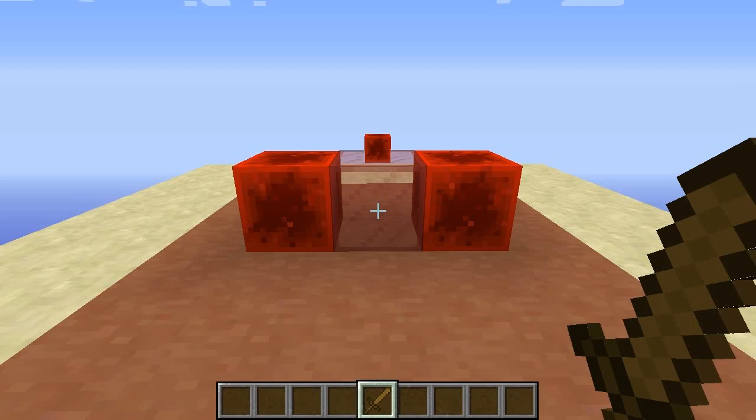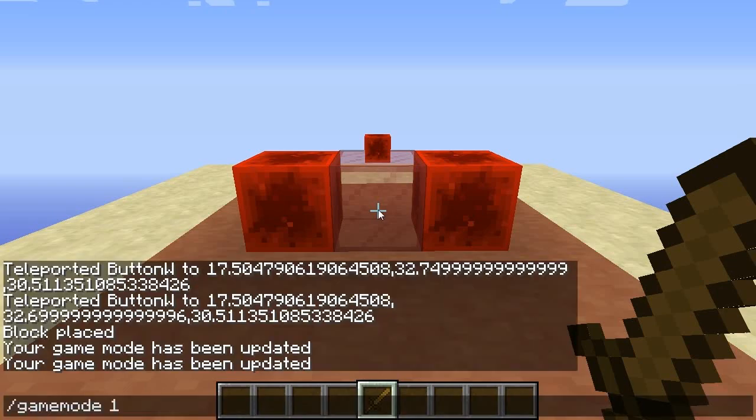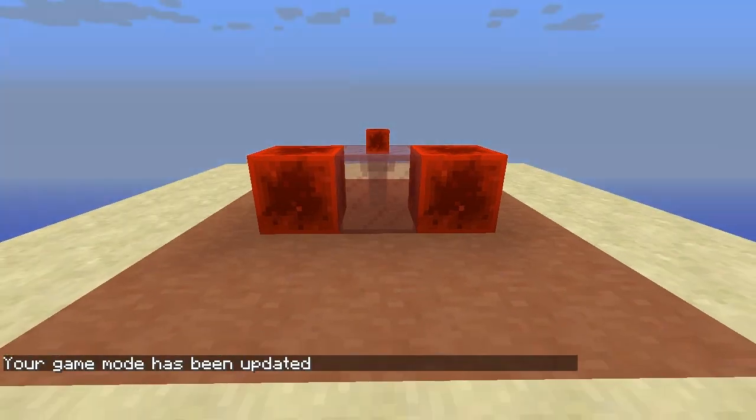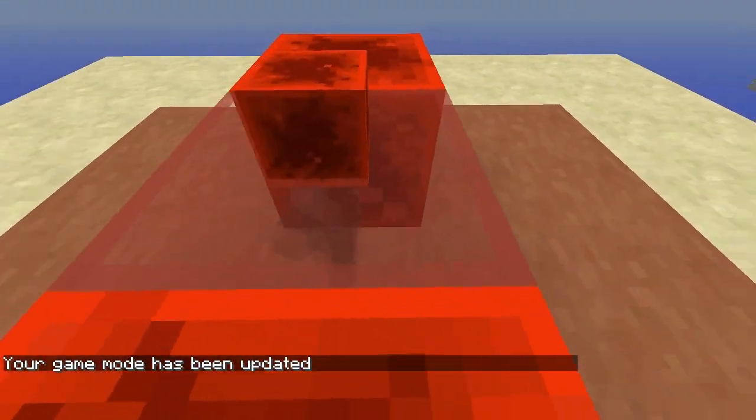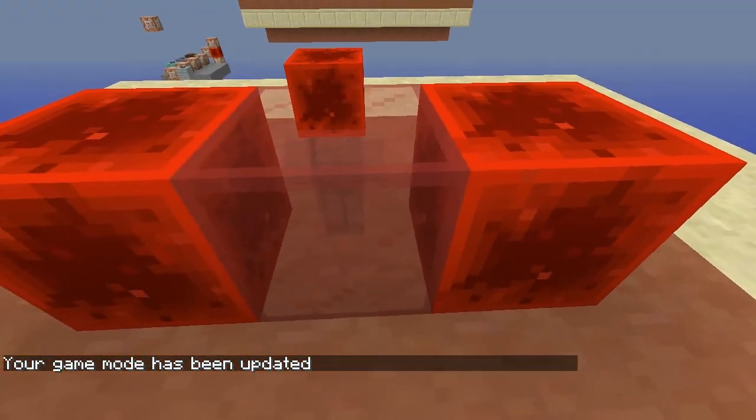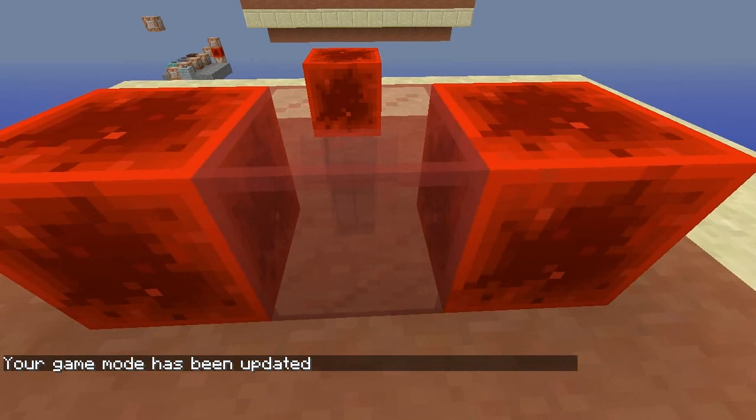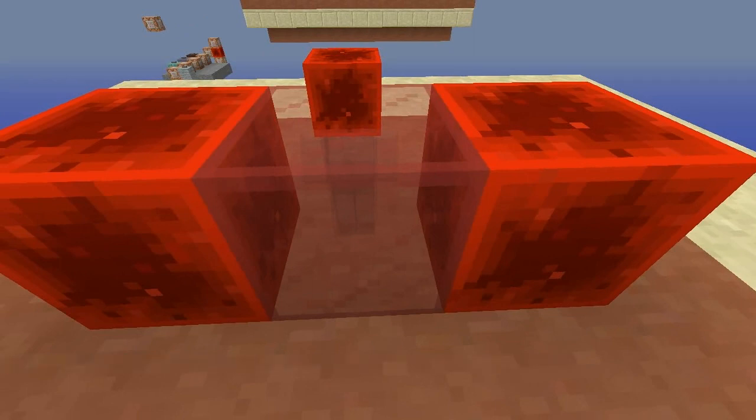So how do these work? Because it's actually very simple. And I can show you how they work by going into game mode 3. So as you can see, faintly, this is a villager, a baby villager, with a block on its head. It's quite simply just that.